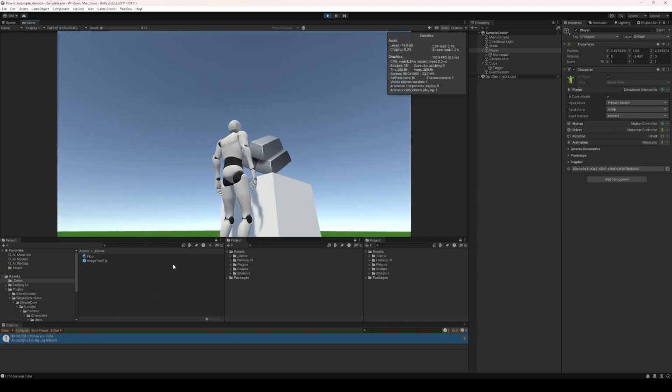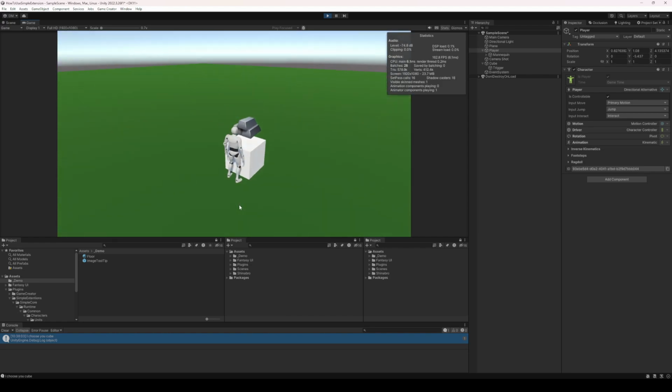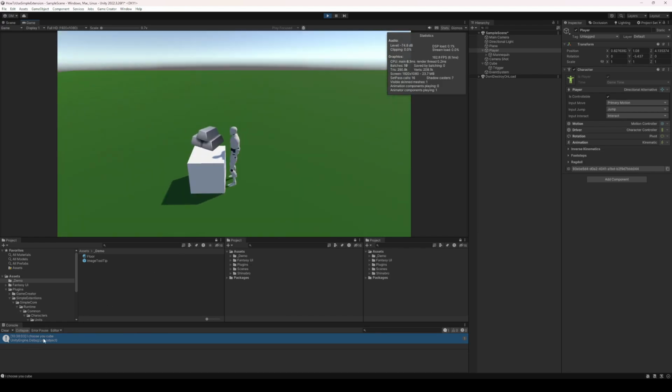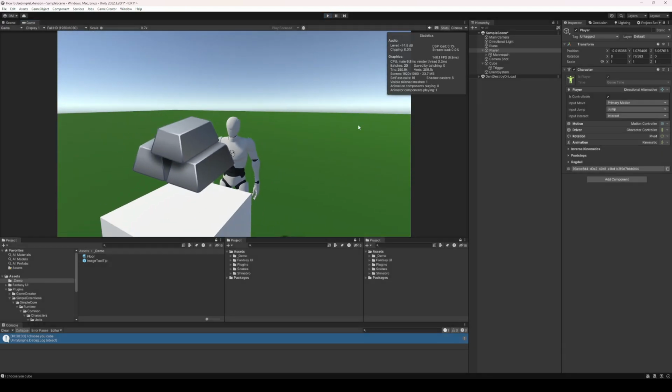And if I get too close and I hit E, now you get "I choose you cube" right here on the console. You can obviously have it do more things like pick up or destroy or something like that. I just wanted to have this quick reference in there. And that's pretty much what it does. As I get away, it changes that. So that is pretty handy